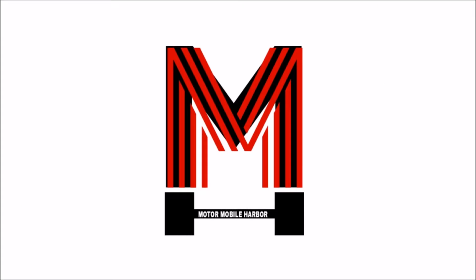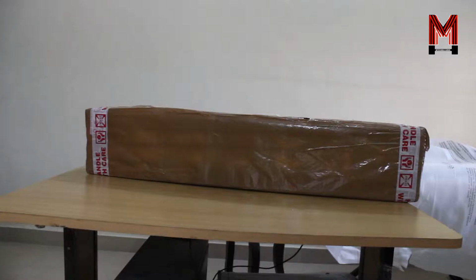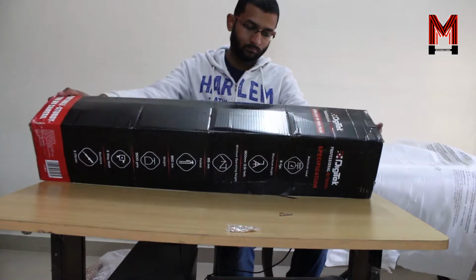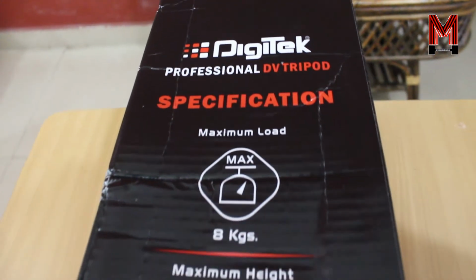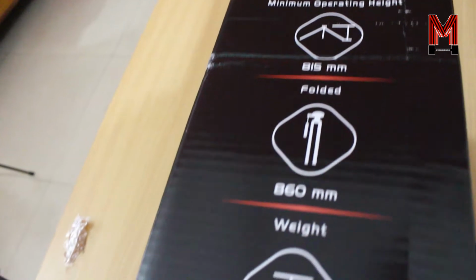My name is Gaurav and in this video I'm gonna unbox the DIGITEK Professional DV Tripod, model number DTR510VD Pro Plus. So this is how the box of the tripod comes, and in the specifications it says that the maximum height of this tripod is 5 feet 91 inches, that is 1800 millimeters, and the minimum operating height for